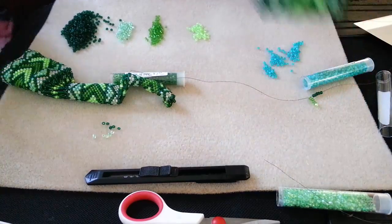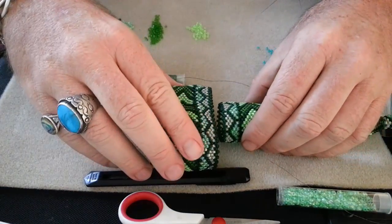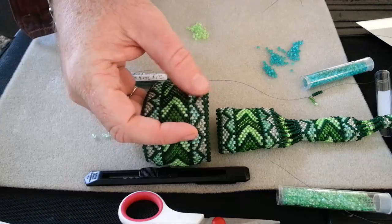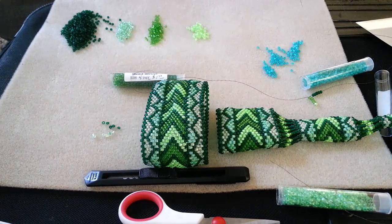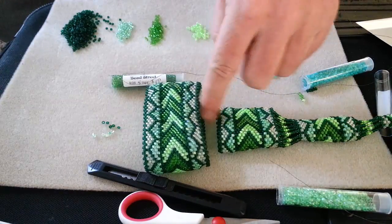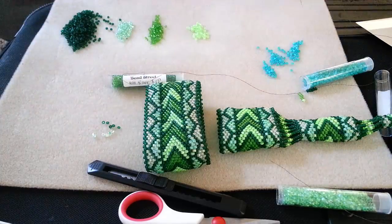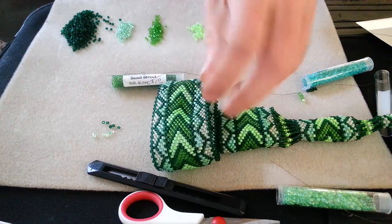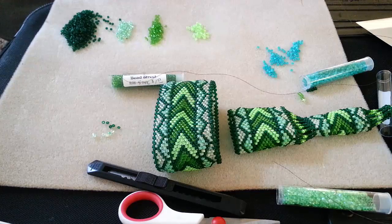Okay, so there's the bottom piece. Now at this point I could go ahead and hook it up. You can see how much wider it gets. That's just enormous compared to the last one, but it's really only double the circumference. So it's not that much bigger. Oh, it's bigger. But the point here is I could hook this up at any time, but I do need to attach the fringe to this area here, and I don't want to have all of this stuff and all these snags and everything. So I'm thinking, you know what, I'll just do all the fringe work,